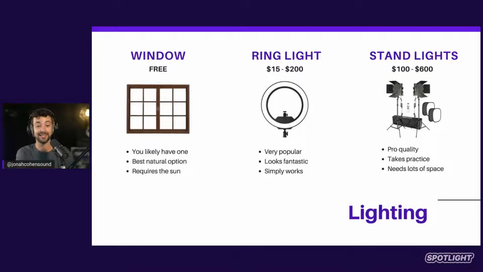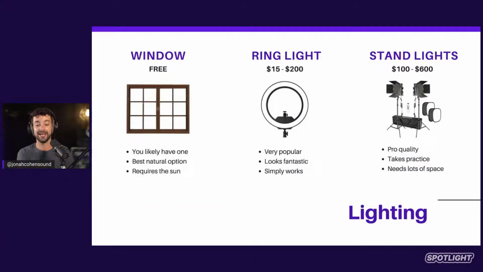Past that, if you're really getting into doing live events regularly, like I do here, you will want to eventually get a few standing lights, LED panels, things like that, so you can actually create a quality lighting setup with a few different light sources. That's how I am getting an even lighting across my whole face here. I have a light that's up there, I have a light that's here, and I have a light up and behind me to help draw me out of the background. So that's if you're getting to the pro level. But again, I'm just letting you know these are stages in your process. Start by just hosting live events, start by making it, and you can always make the quality of it better. Focus on the content first.